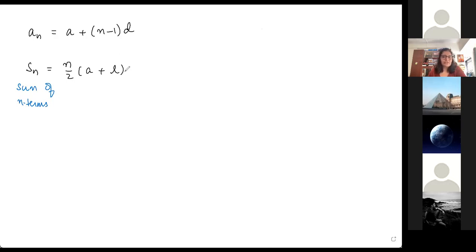If the last term is not given, then which formula will you use? Wait, I'll ask somebody else. Elena, which is the alternate formula? If I give you the starting term and the common difference, if I give you only a and d, then what will the formula be? Ma'am, over there we will use the formula n by 2 bracket 2a plus (n minus 1) into d. Absolutely right. Okay. Awesome. These basics, you remember, you've revised them.